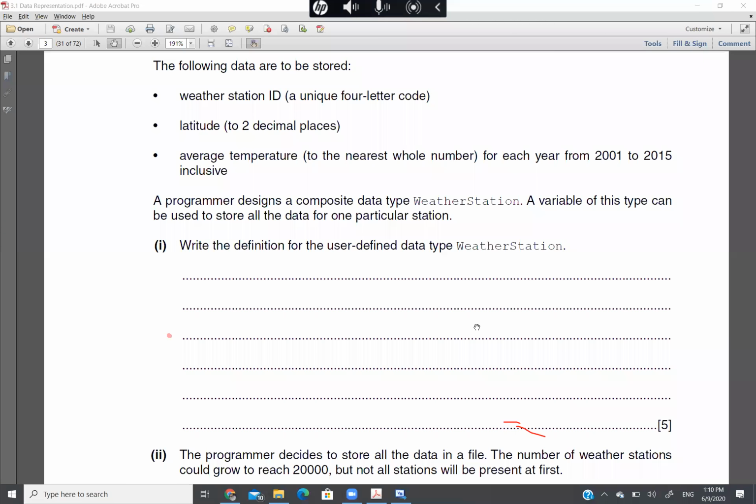So nearest to the whole number, right? तो एमर ये इसको हम इंटीजर कर देंगे ना, तो टेम्परेचर है वो तुमने इसको एरे के तौर पे बिल्कुल सही डिक्लेयर किया, 1 to 15 भी बिल्कुल सही किया, लेकिन नियरेस्ट होल नंबर का मतलब ये कि वो इंटीजर होगा।